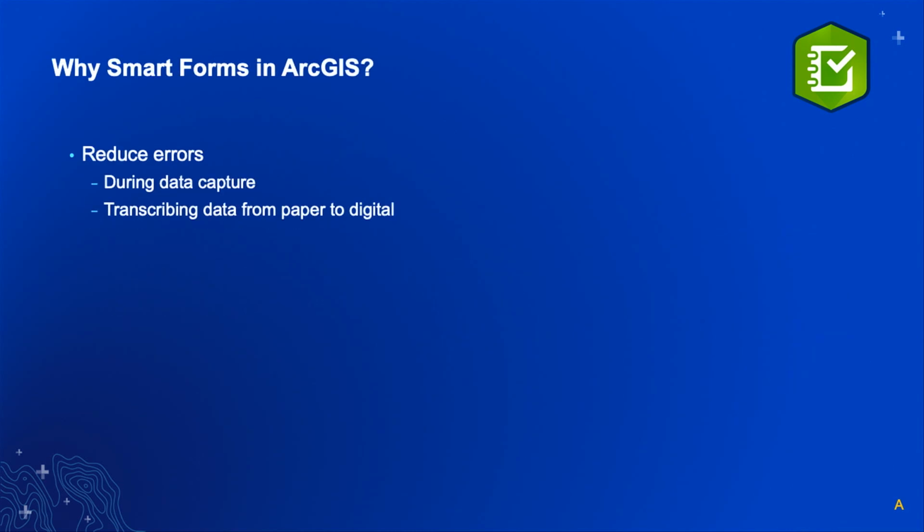As I mentioned, Survey123 creates what we call smart forms. Smart forms help us during the collection process in several ways. First, they reduce errors during the collection process. We're able to create constrained lists of choices. As an example,